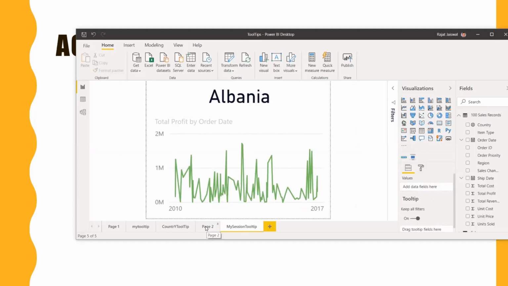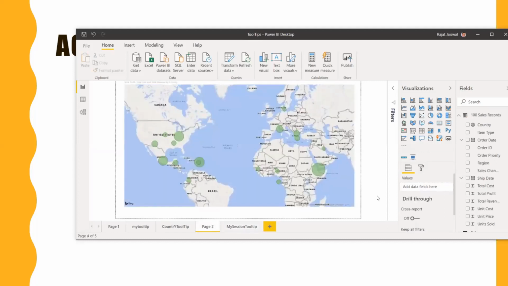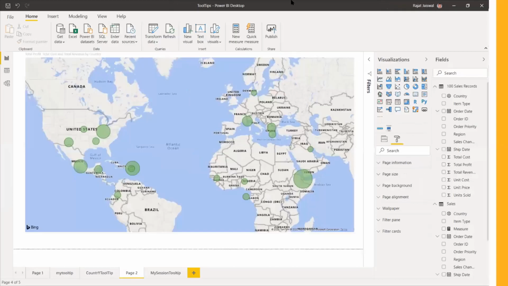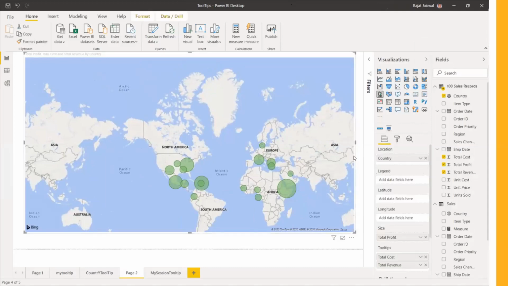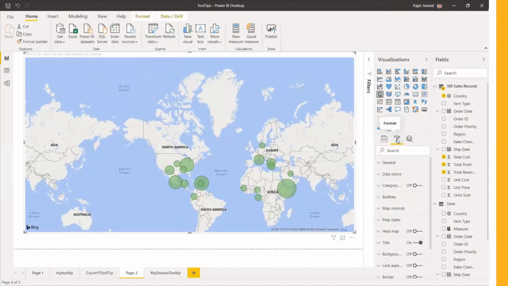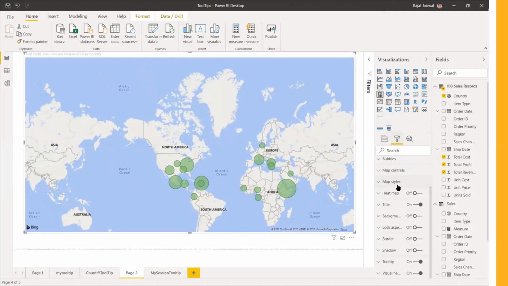So what I need to do is go to page 2 again, and it is simple enough. Now go to this format and move to tooltip.